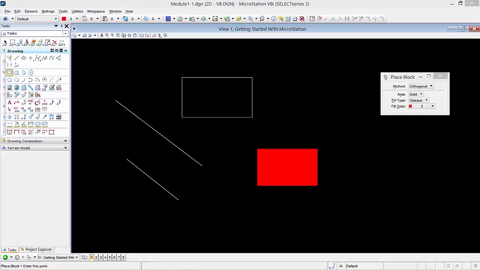Now that you have drawn a few elements, let's go over the different ways to delete. There are 4 ways to delete an element. Number 1, use the Delete Element tool. Number 2, use Keyboard Delete button. Number 3, Control Z, which is the keyboard shortcut for undo. And number 4, go to the main menu, select Edit, and then select Undo, which is the option at the top. So let me show you where to find the Delete Element tool. Again, you can use the keyboard to delete by using the Delete button and Control Z, which is the Undo